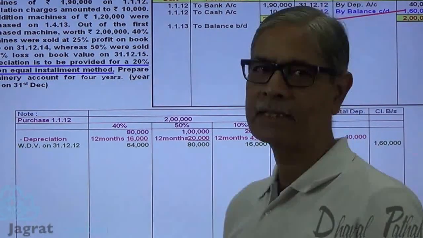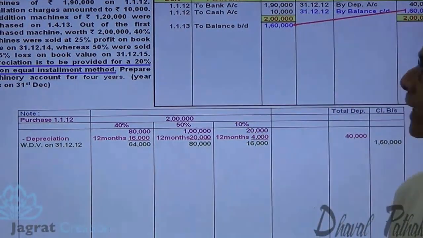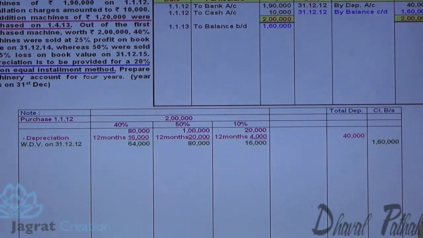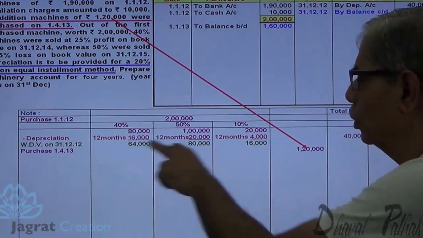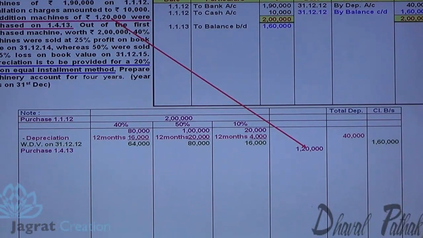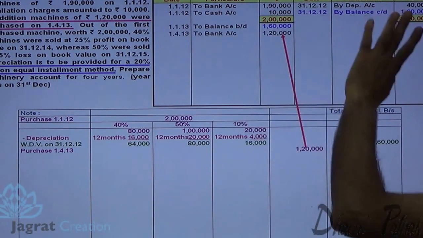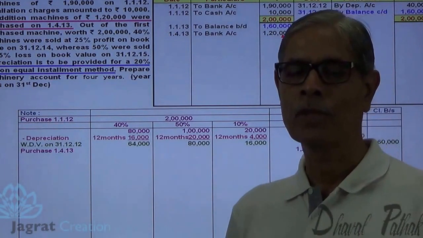In the second year, there is a purchase to be recorded first. So machine purchase for 1,20,000 on 1/4/2013. That is recorded in the working note. I'll debit machinery account with these purchases. Machinery account debit to bank account 1/4/2013. Now till the end there is no sales transaction.